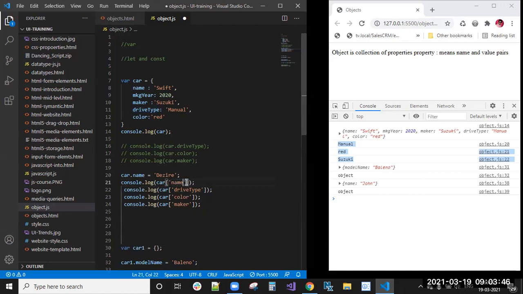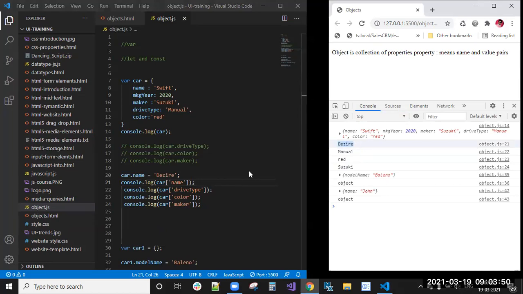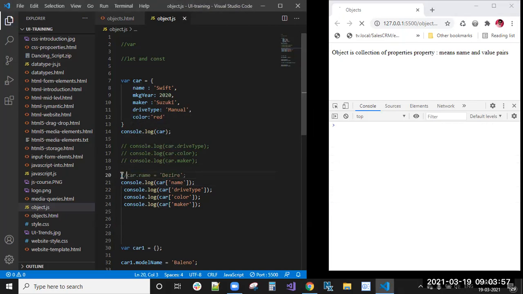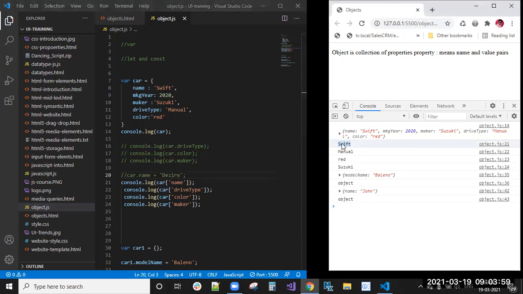Now you can see desire. If I do not write this line, you will get shift. But here I'm overriding the existing car name property with desire. So we can add property values and we can update property values.